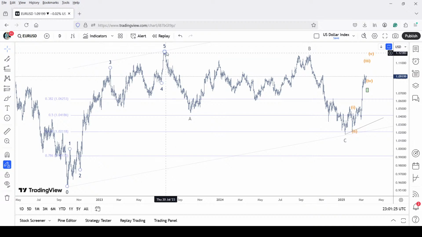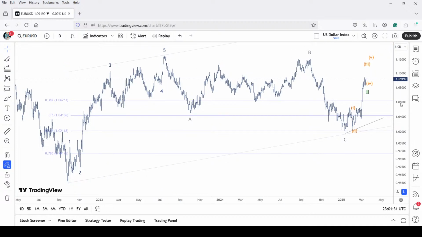Right, that's the price action, 1.1275, which needs to be taken out principally for the pattern to complete, and within that